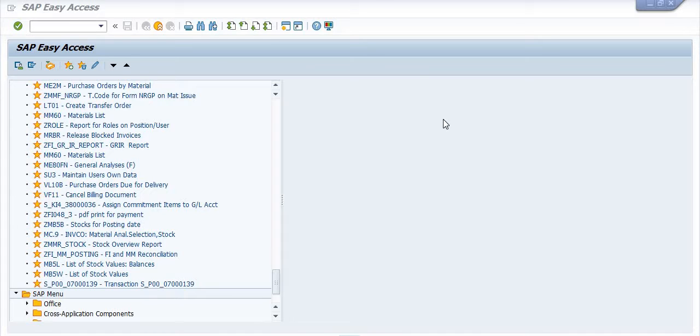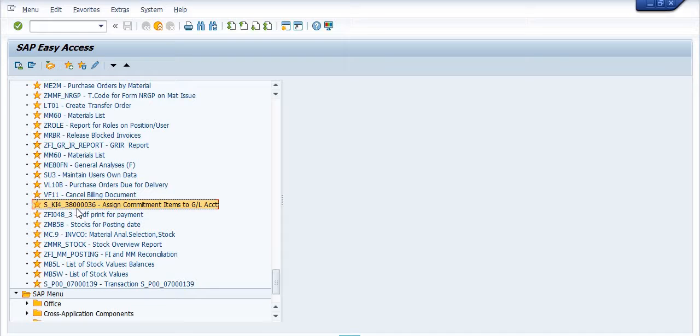Today I am going to discuss a very important topic: how can we assign the commitment item to a GL account, or how can we know which commitment item is assigned to which GL. Getting my points? For this there is a customized transaction code